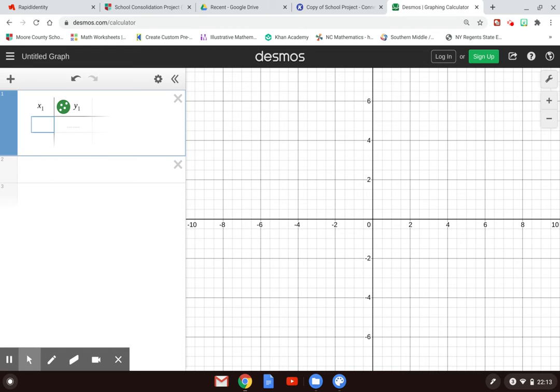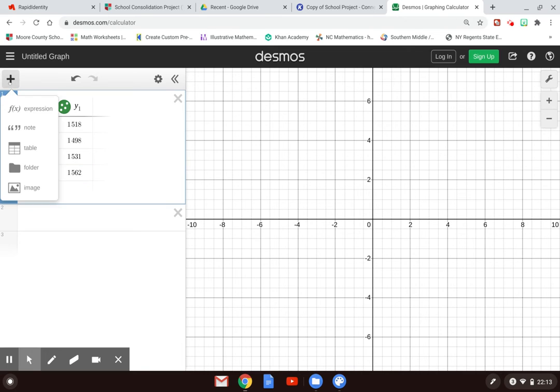So I've got year 1, 2, 3, 4. And then I've got 1518, 1498, 1531, and 1562. All right, so then I come back up here to the plus, and I press f of x expression,